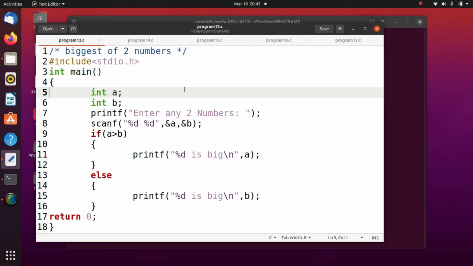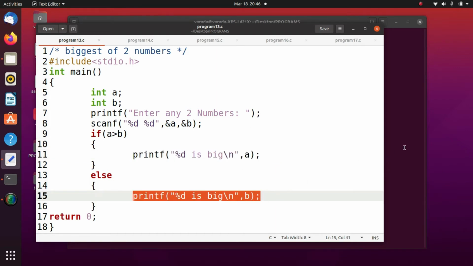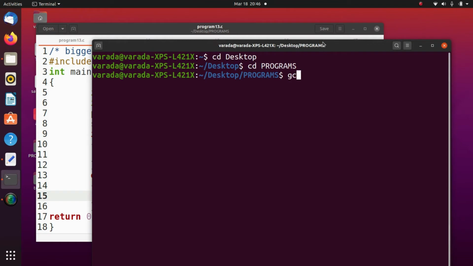So now we are going to see the execution of the program. This is the program to find the biggest of two numbers. Here we are using if and else for two-way selection. If the condition is true, you execute this block. If it is false, you execute the else block. Now we are going to execute this program. gcc 13.c, then ./a.out.